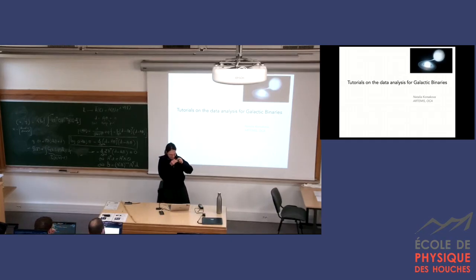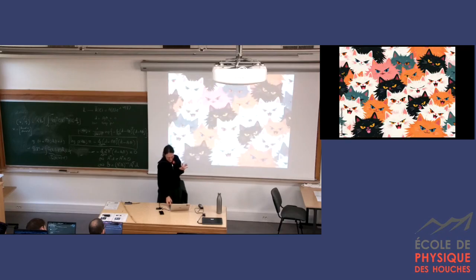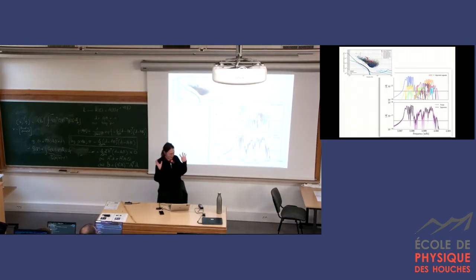So we're going to have now tutorials on the galactic binaries. I have some visual explanation of how it looks to analyze galactic binaries. We're going to analyze one galactic binary, and this looks like playing with a little kitten. Also, we're going to fix most of the parameters and only vary and fit some of them. But in reality, analyzing galactic binaries is like you are locked in a room with a lot of angry cats. So it's a bit different, because in reality, probably you saw in some lectures that